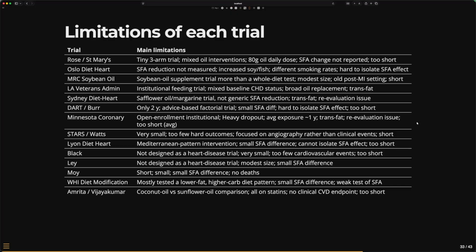Or very small. Or the difference in saturated fat is not much. Like it's 2 or 3%. And I can see the duration being an issue. Yeah. As in a difficult one to solve. Yeah. Especially for those hard outcomes.